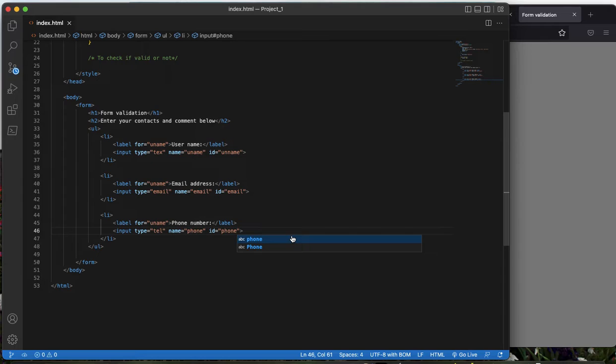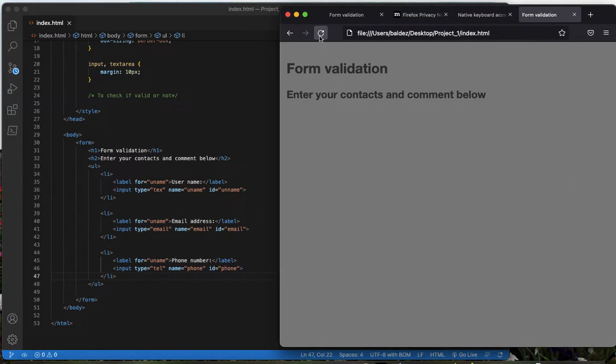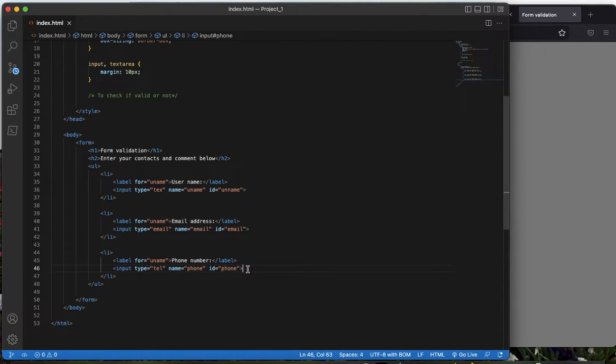Yes, that's nice. And we need also to write another list item for the big comment, where we will have the comment, because those three are inputs. If we save it, they're already saved, and we come here, we reload, we just have three different inputs here. As you can see, we need one for the comment down here, so let's say another list item,